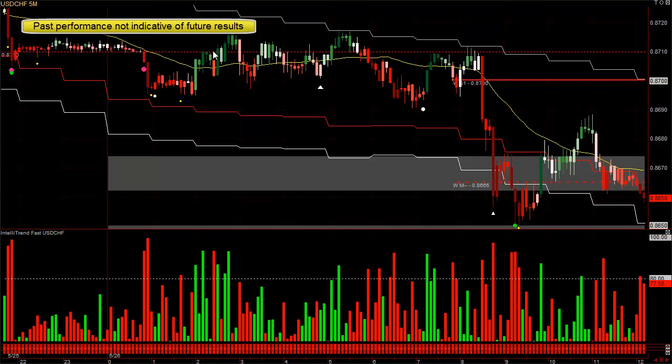On the pullback up here to the hourly, there was tremendous strength, but if you went short right here, you probably would have had a losing trade. Short again here, small win. Usually when the market comes back up to the hourly, it's a pretty high probability trade. That led to a 20 pip move, and you have this one right here. Now,